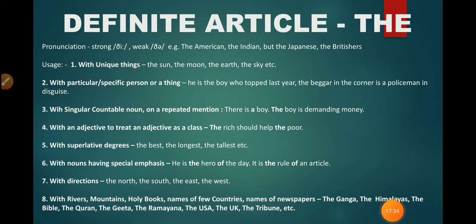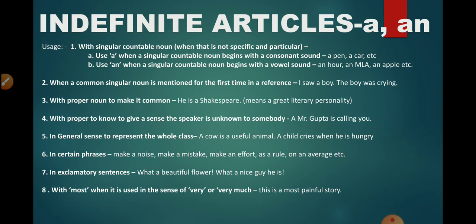It is important for you all to learn as well as practice these rules, because practice will help you learn these rules. Fine. So now let's move to the indefinite articles a and an,